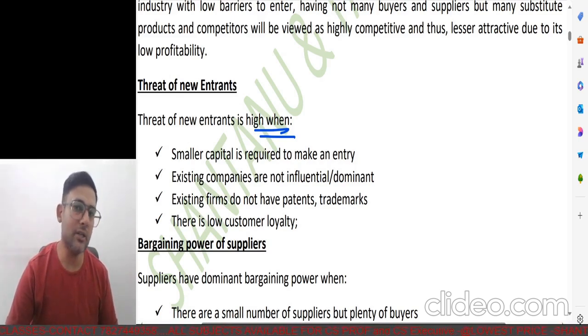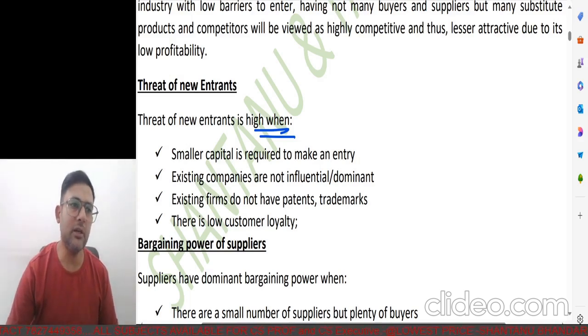But in case the margins are good and there's a huge demand and only a small amount of capital is required to enter the business, then probably more people will get attracted and they will open that particular thing as their own business. So it really depends on what kind of industry we've been looking at, what kind of competition the industry has, what kind of profit margin, what are the capital requirements. Now let's take an example to explain this in a more elaborate way.